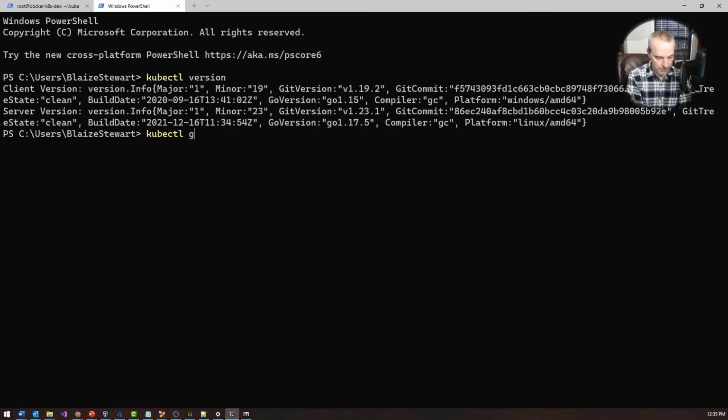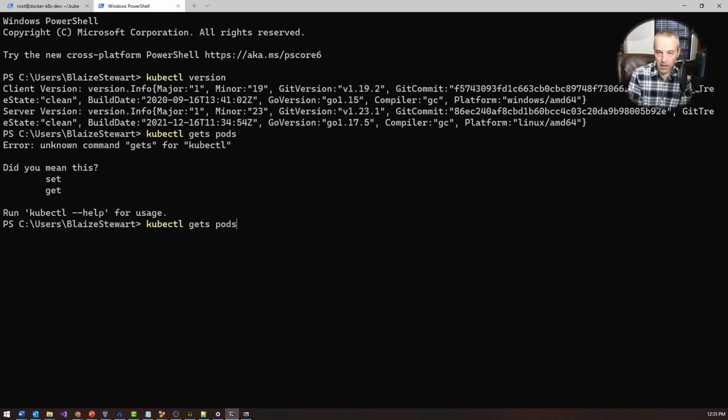So if I do get pods or something like that, there's nothing currently running, so it should show me no output from that. So yeah, no resources found in the default namespace, which is what I expect because I've installed nothing. So to test all this, I'm going to run Nginx as a pod, and